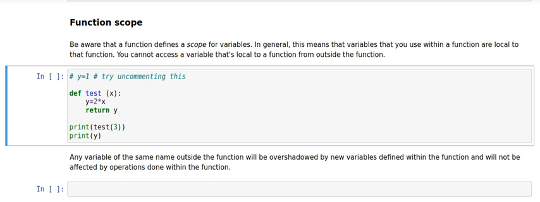Functions have the purpose of modularizing and isolating a bit of code from the rest of the program. Now, one of the most powerful ways in which they do that is through the concept of a function scope. By scope of a variable, we mean the area of your program in which it is defined and can be accessed. Functions define a scope, meaning that variables that are created within a function are only accessible within